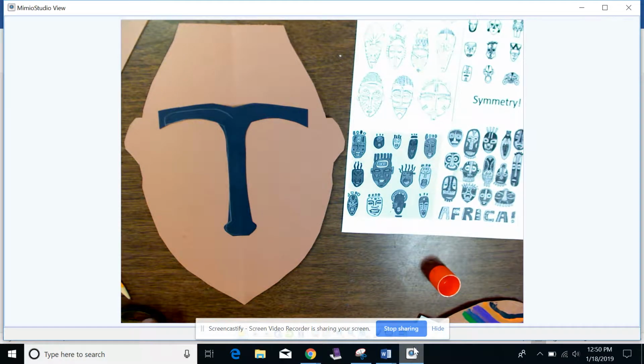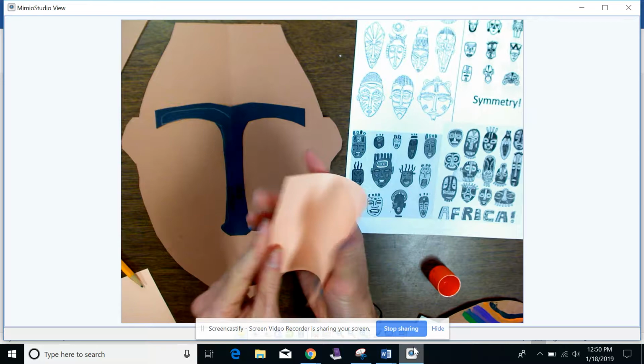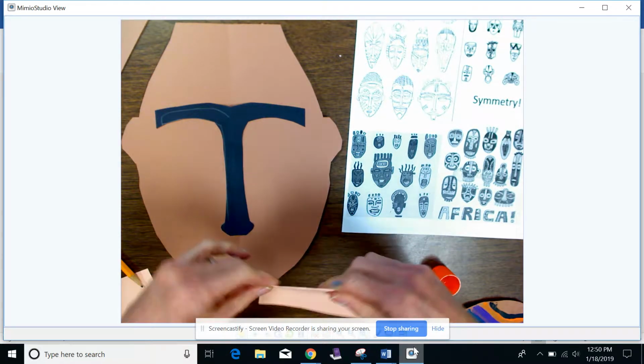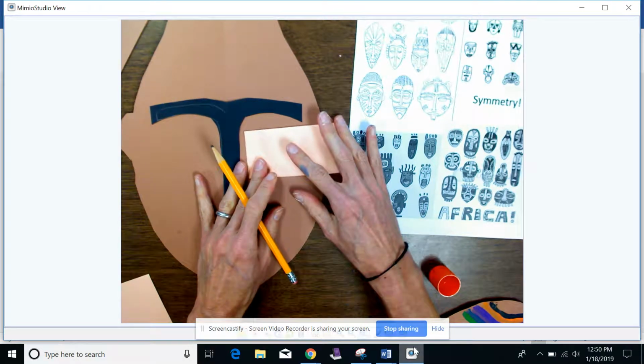All of it is in the neutral family, so I've got some browns and some beiges. I'm going to take this peach color, and I'm going to fold it in half. So here's my peach color. I'm going to fold it in half. And again, I'm going to put it right here to kind of see how big I want my eye to